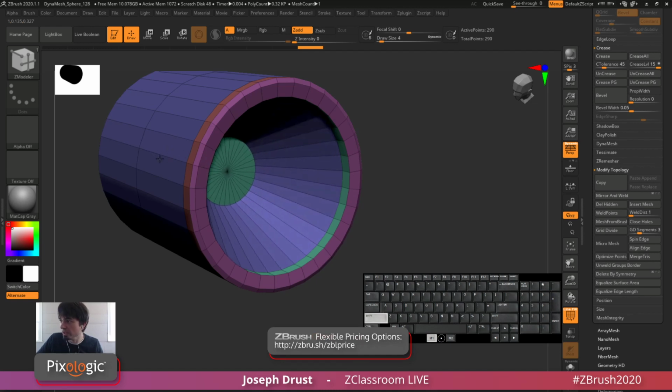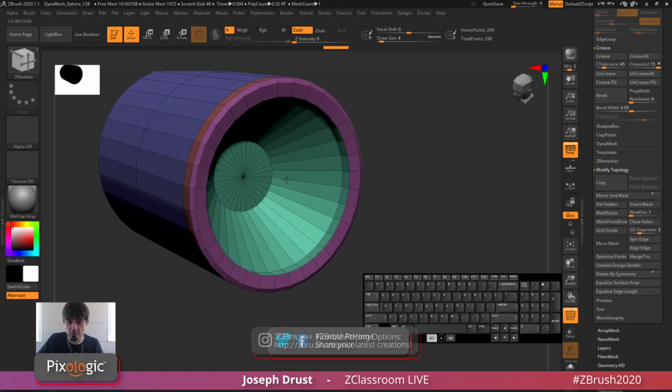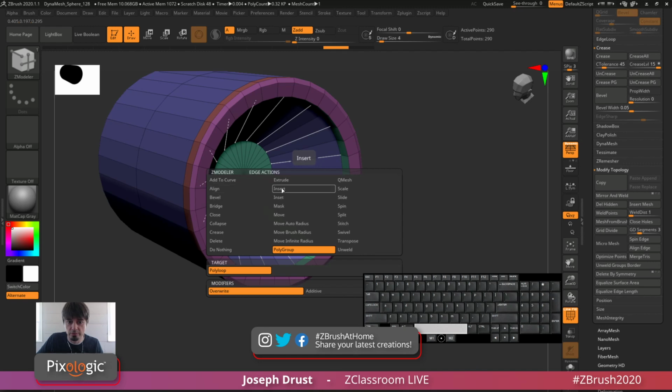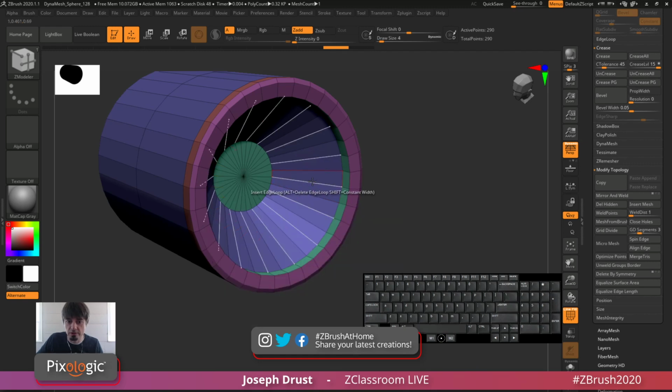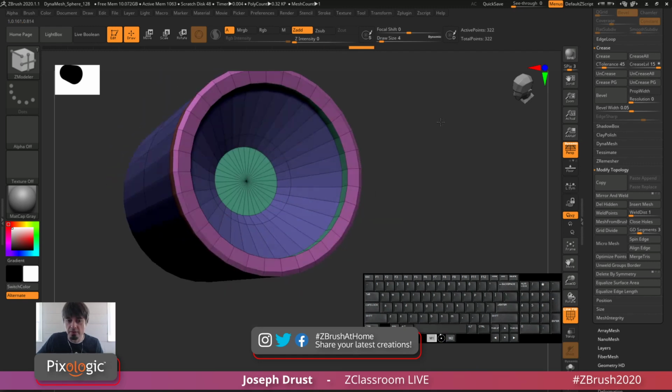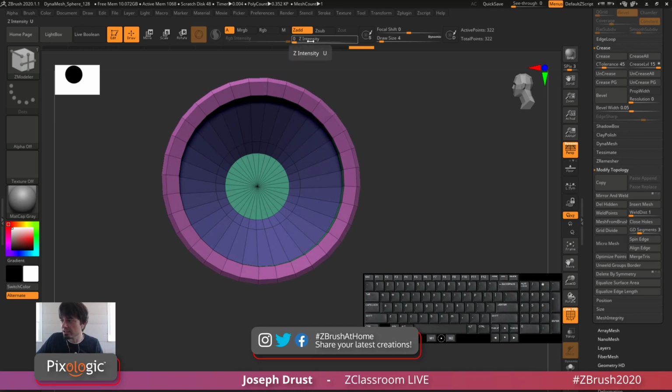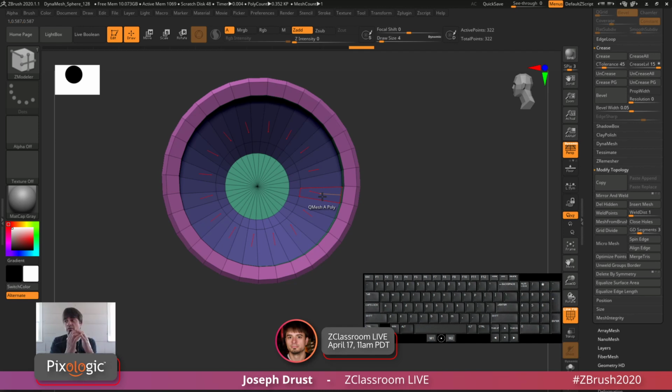So ready, it's moving it back instead of placing it. So I can get this back into here, say like that. I can add some more edge loops through here with that Insert Single Edge Loop option. Say add this in. If you add an edge loop and you have intensity turned on, this will also allow you to add the edge, and then it's going to perform an inflate basically on that edge and